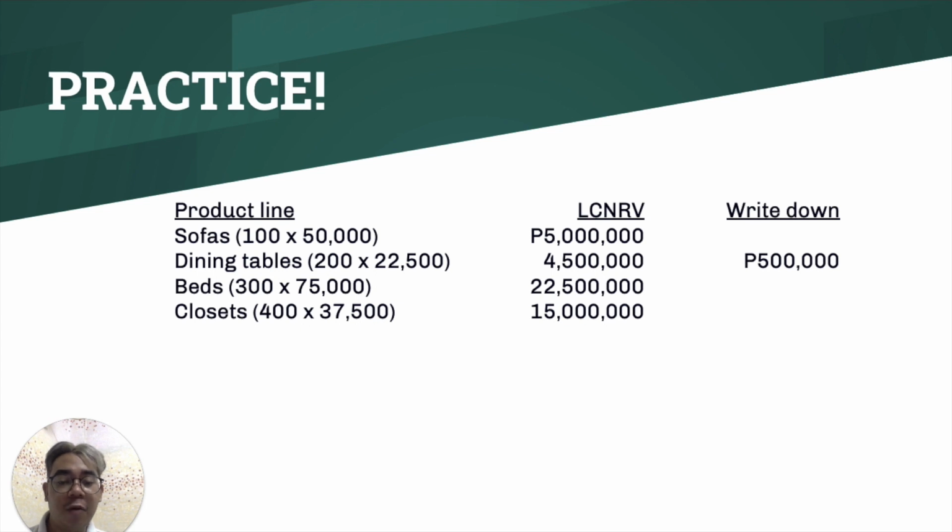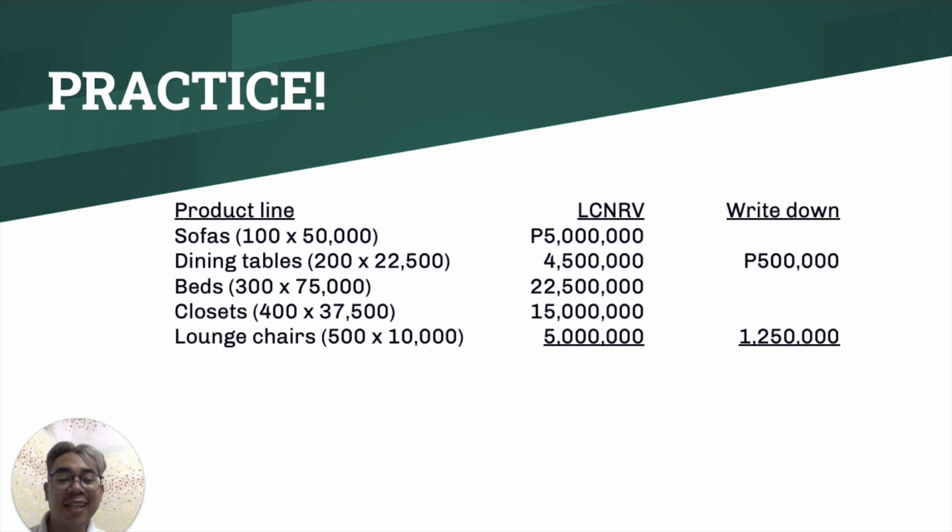Walang write down because mas mababa ang cost. And finally, for lounge chair, mas mababa ang NRV na 10,000 times 500 units, that's 5 million. Take note that the cost of lounge chair is 12,500. So ang write down po natin ay 2,500 per unit. I-multiply natin yun ng 500 units. Ang write down natin ay